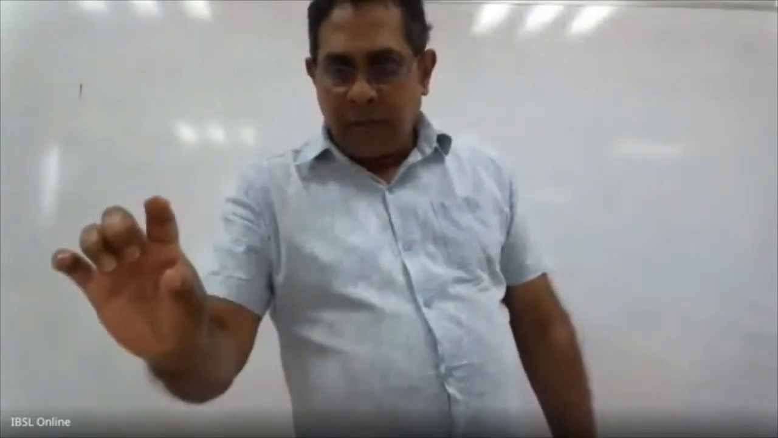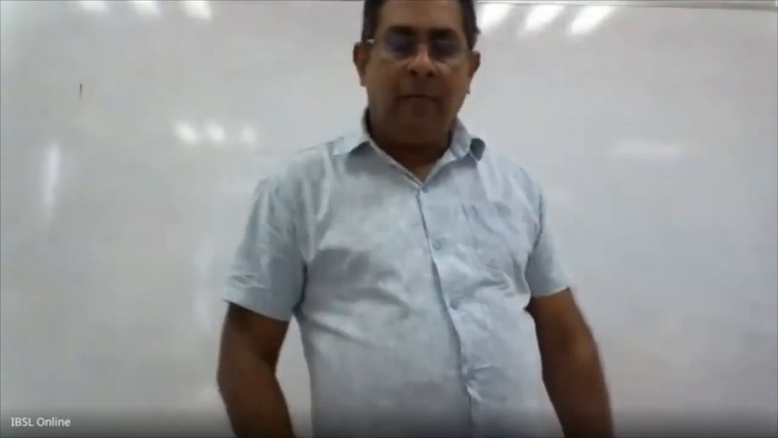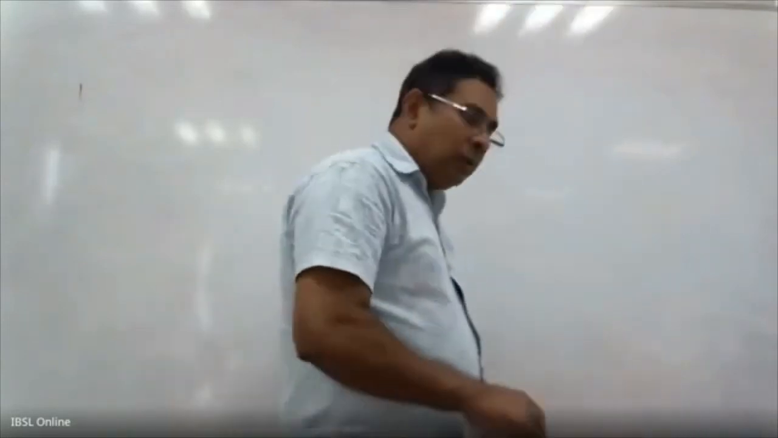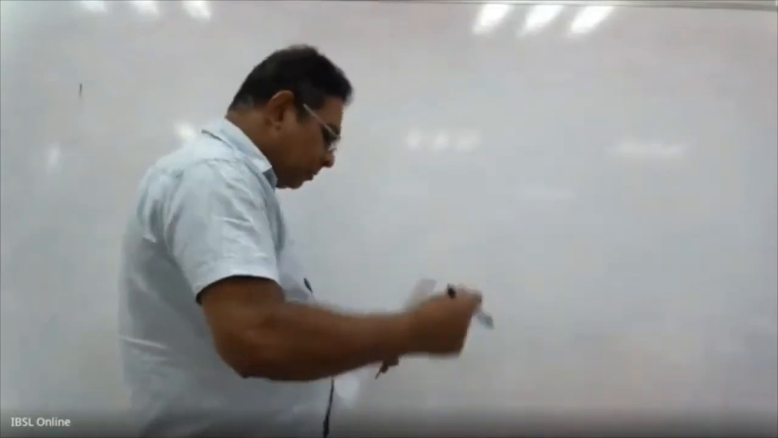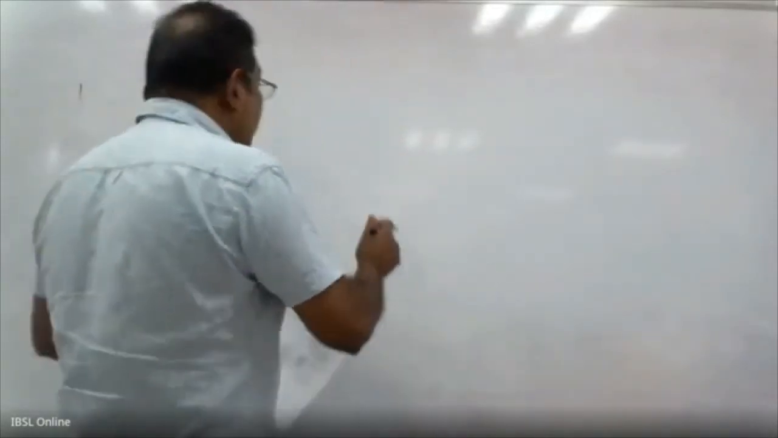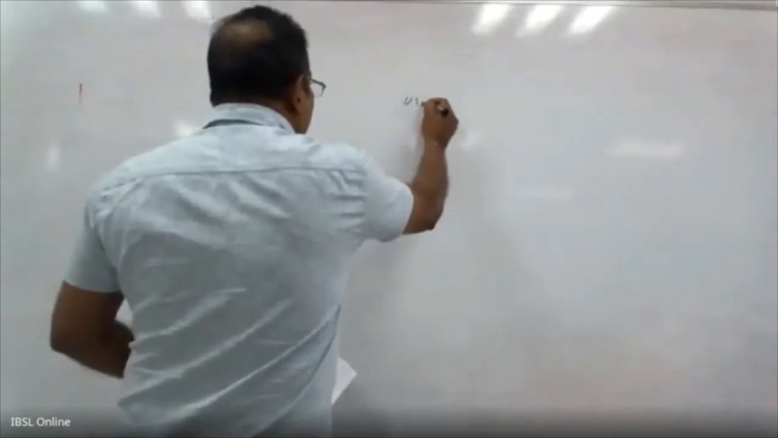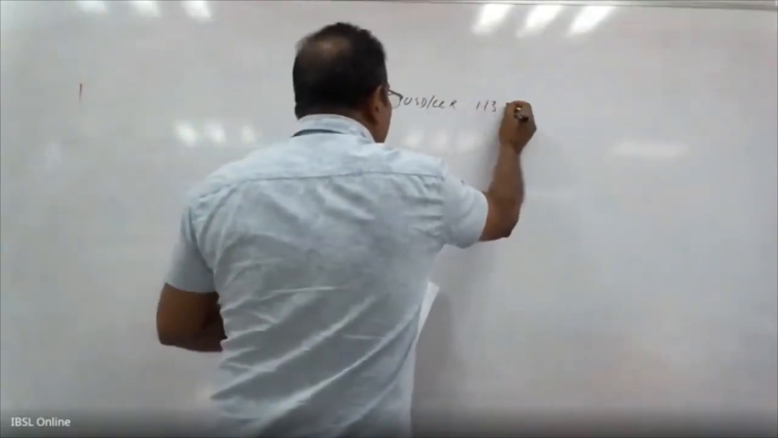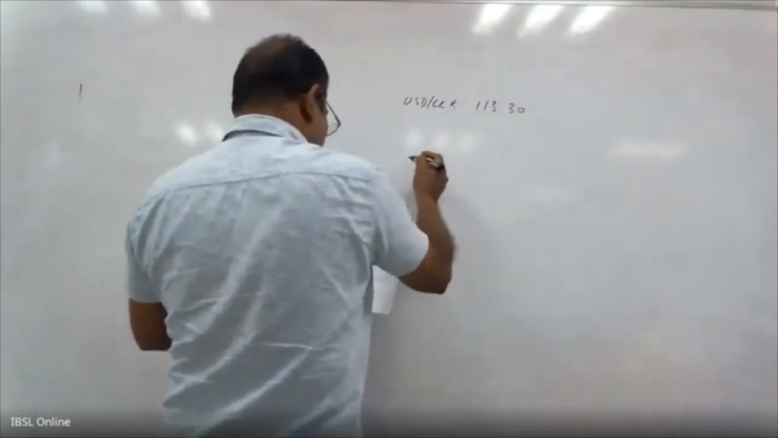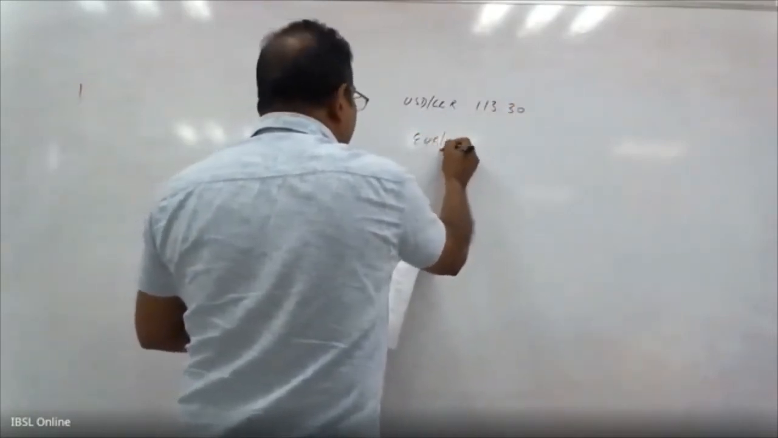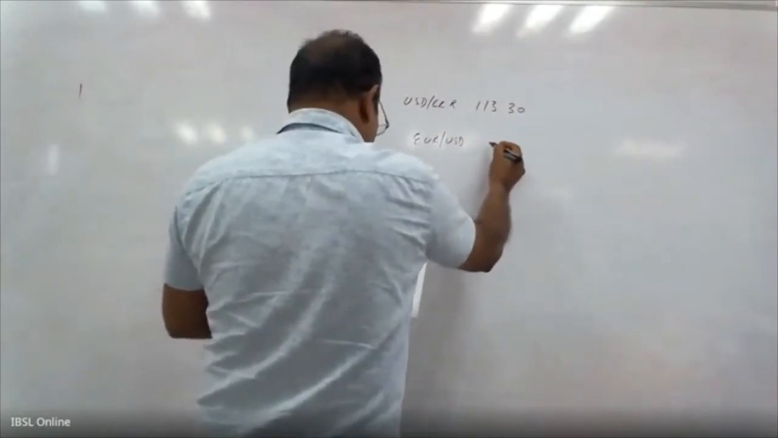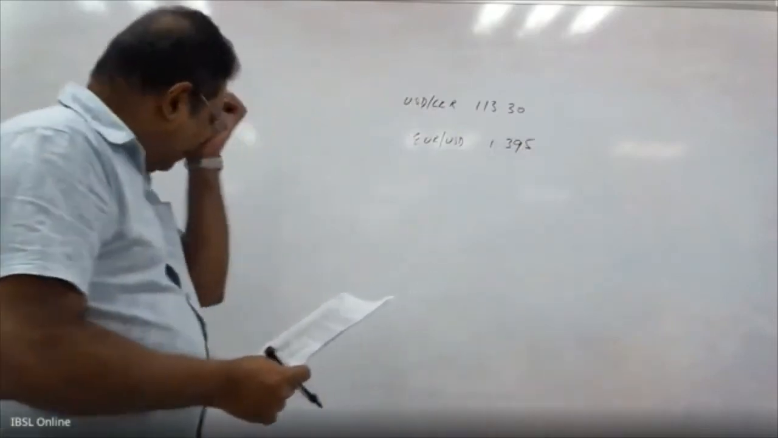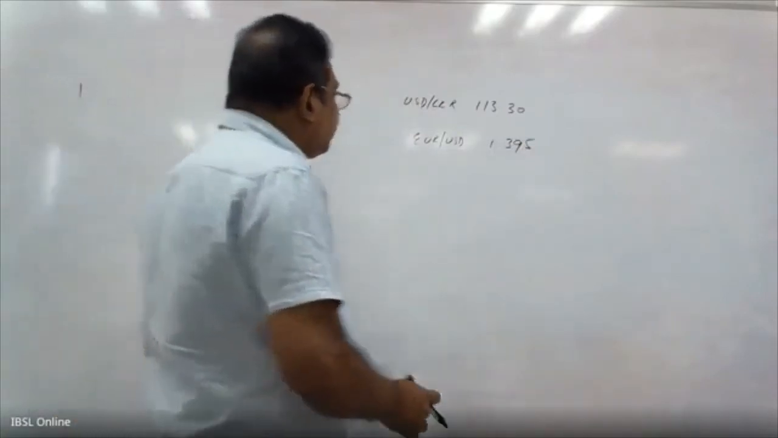So that is the thing that I have written. I think I wrote that, and I gave you to take it down. With the date of cancellation, I took the spot rates. So what are the spot rates? USD to LKR 113.30, EUR to USD 1.395. Right? Now